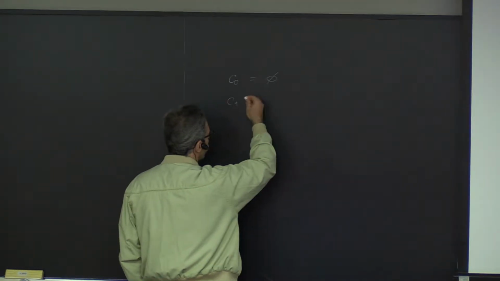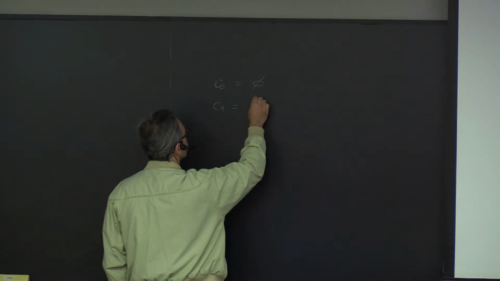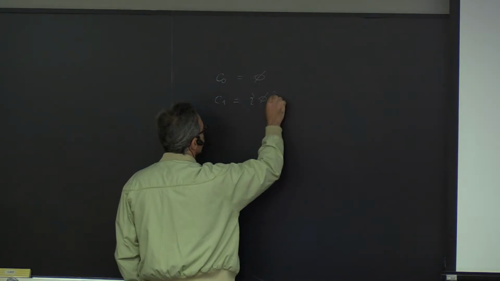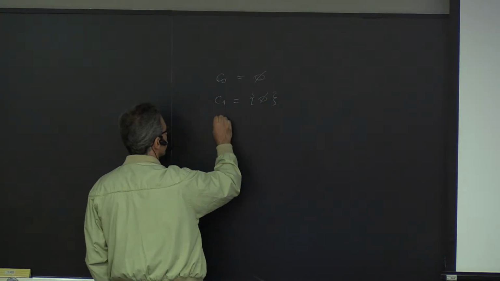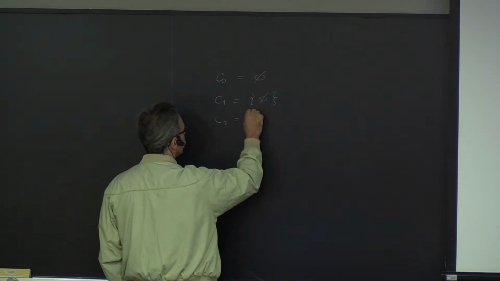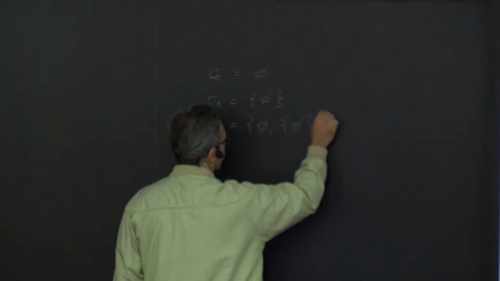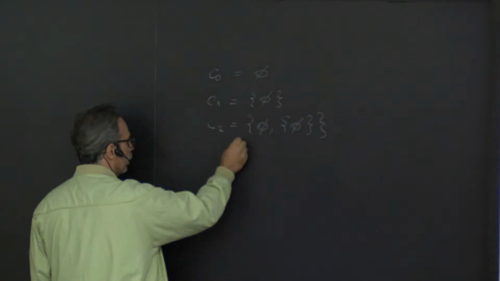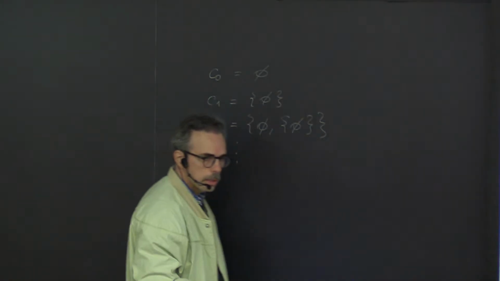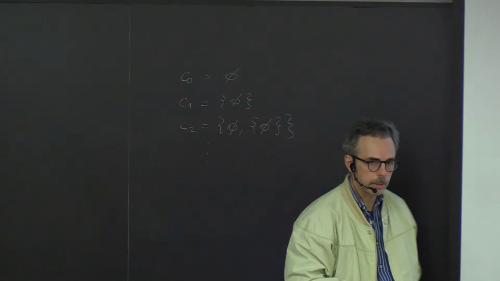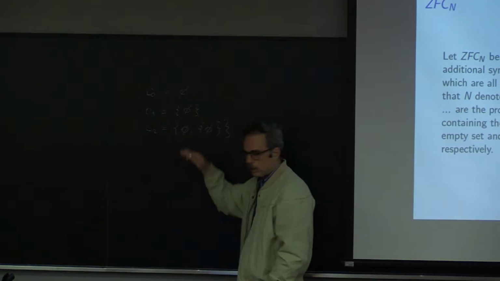I will write this this way. C1 is like this, C2 is like this, and we agree on how to continue this sequence for any arbitrary point. So we have a schema here,